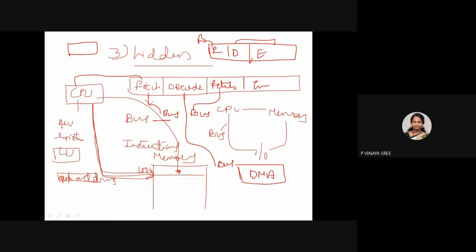Now, when compared to the previous cycle stealing, will it be slower or faster data transfer? Slower, ma'am.